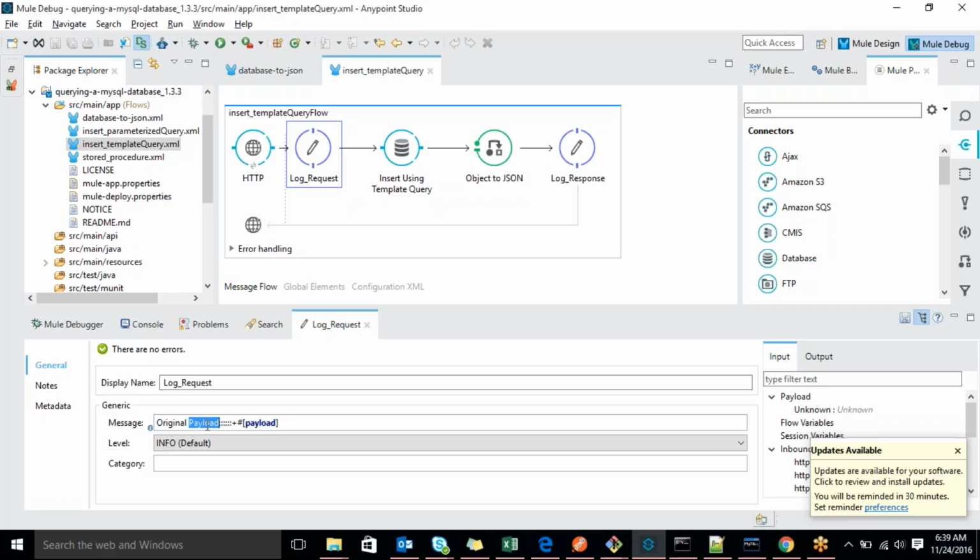Based on these log files, that's why I kept them at the start and at the end. These are log request, log response, and final response. If anything in between fails, we can easily identify it. Because in the server we can't see in debug mode, whereas here we can see in debug mode. So based on logs only, you can identify in the server where the flow breaks.